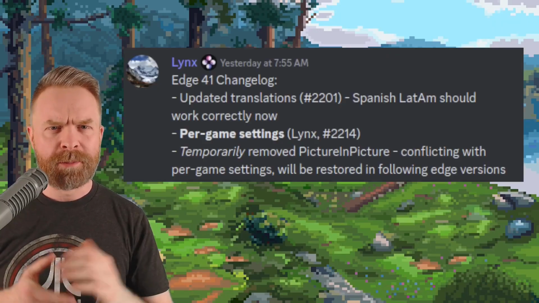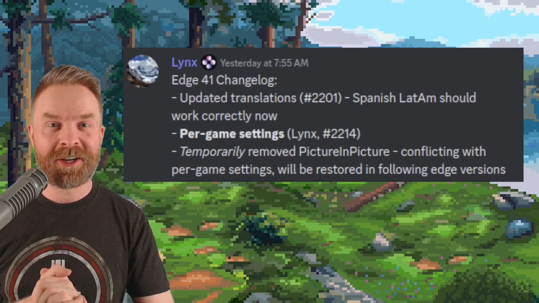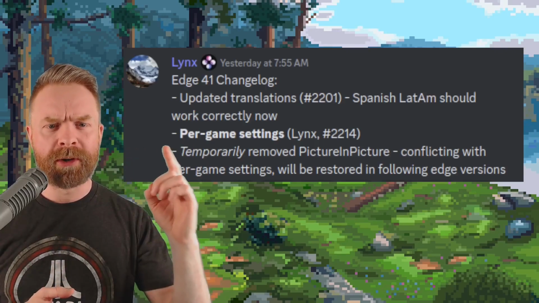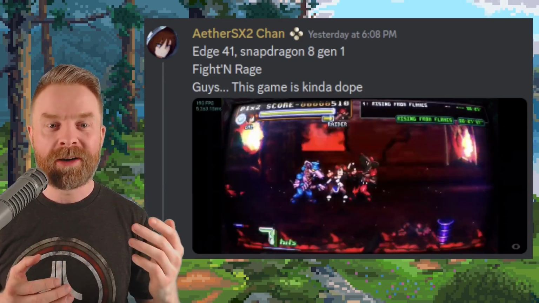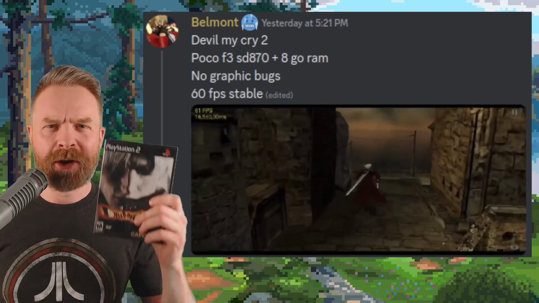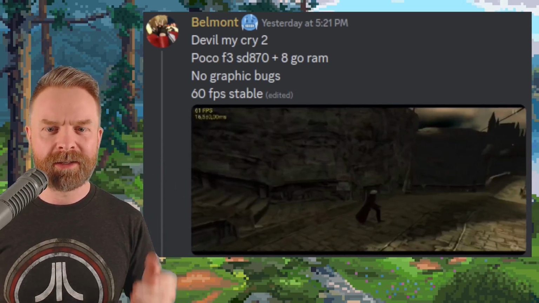On top of that, the paid testing early access version of Skyline, Skyline Edge, just got a brand new release. Version 41 just dropped and we've now got per game settings. Someone's got Fight and Rage up and running at a whopping 190 frames per second. Everyone's favorite Devil May Cry 2 is up and running and holding steady at 61 frames per second and looking